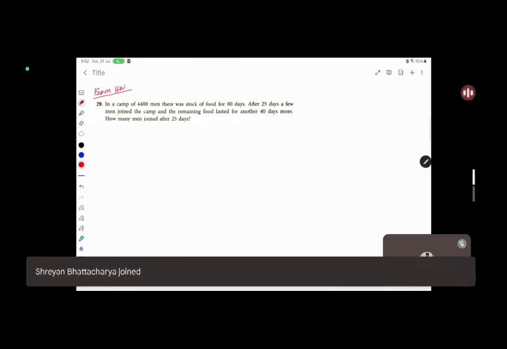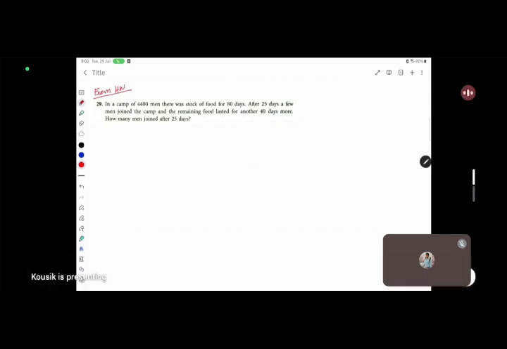In a camp of 4400 men, there was stock of food for 80 days. After 25 days, a few men joined the camp, and the remaining food lasts for another 40 days. How many men join after 25 days? That's the question. So in this type of question, always remember that all kinds of problems are